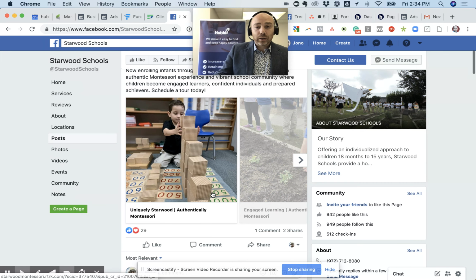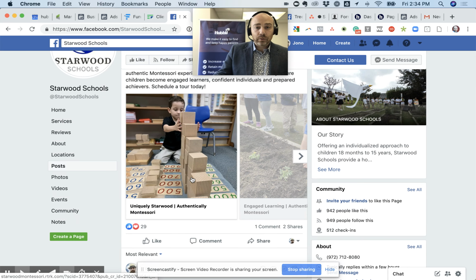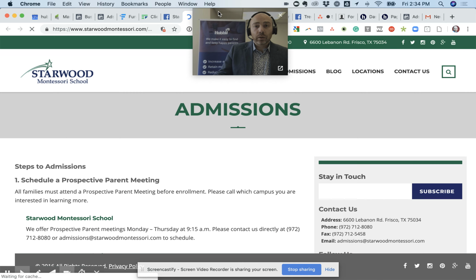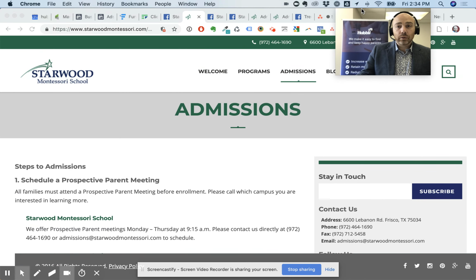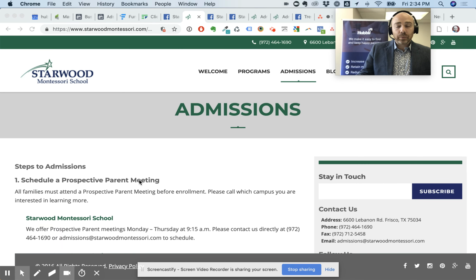So now when we click on this, let's go to the next step. So what happens when we click on one of these great pictures here? It's taking us to your website, to the admissions page on your website. I'll give you a good mark for that. I mean, you're not just sending them to your website's homepage. That's a good thing. What I will say though is that what we see here is, what you're looking for